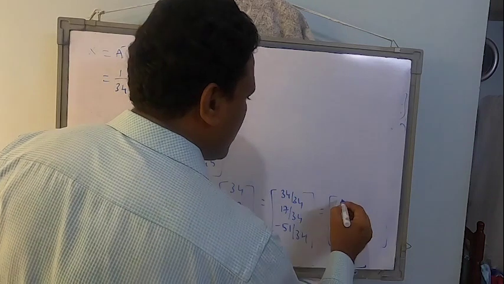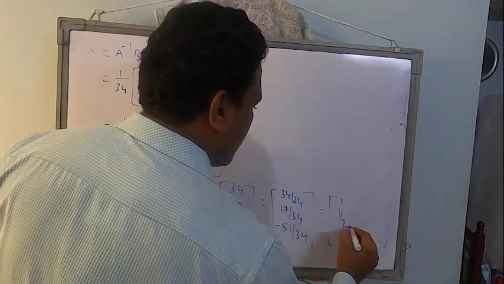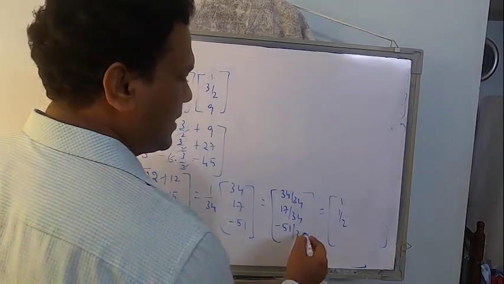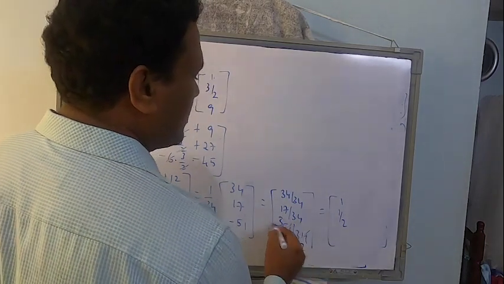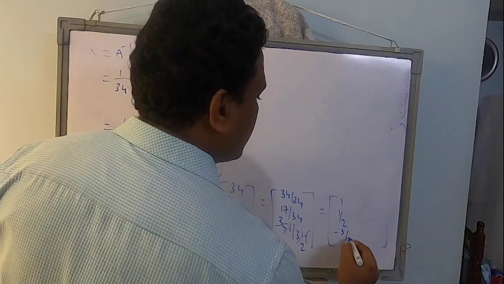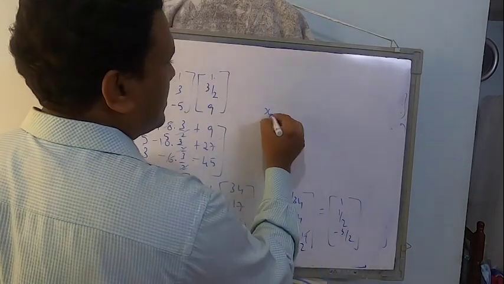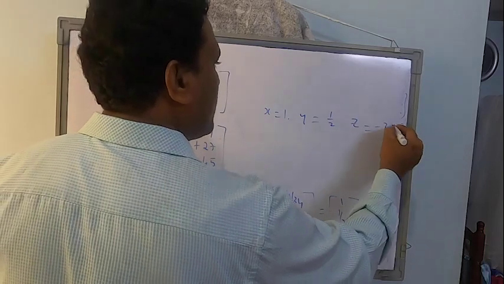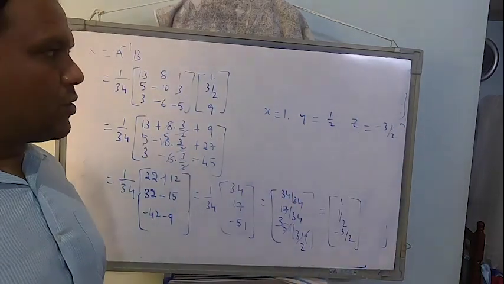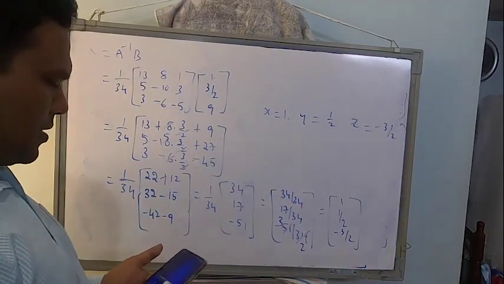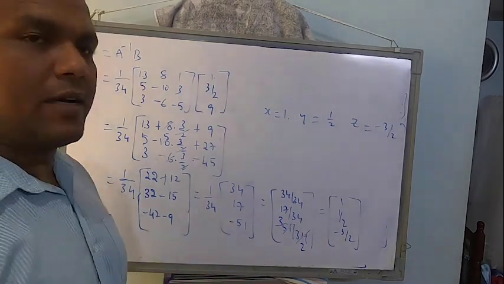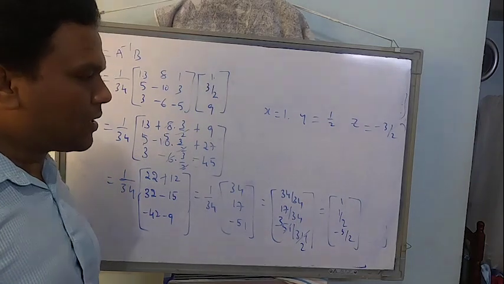So it's going to be 1 by 2 and now from 17, this is 2 times and this will be 3 times, I guess. Yeah. Minus 3 by 2. So that means x equal to 1, y is equal to 1 by 2 and z equal to minus 3 by 2. I just want to check the answer once, whatever I got it. So the final answer 1 by 2 and minus 3 by 2. That's absolutely fine. There is no errors at all.